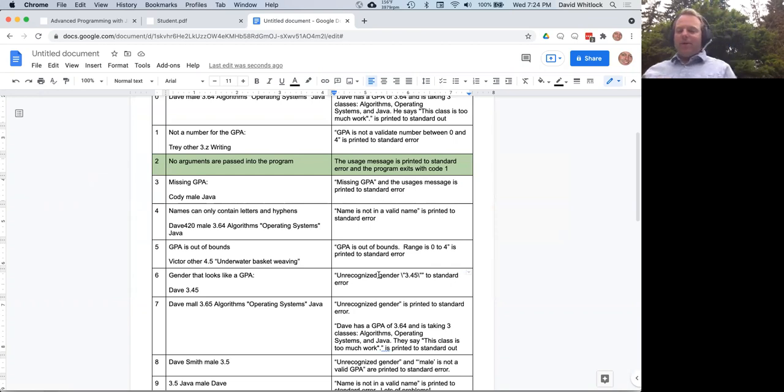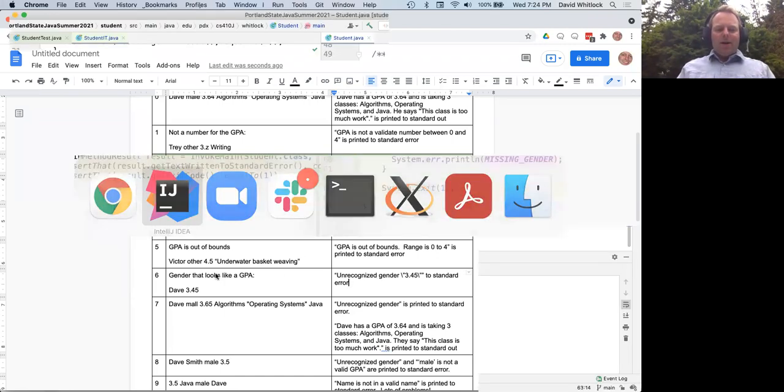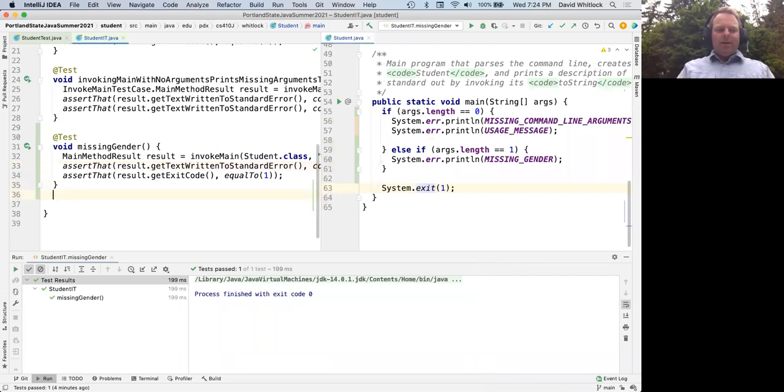Oh, another good point. If order wasn't important, or if we were trying to be tricky, we would have to put all that information in the usage, and you don't want to have a novel for your usage. So let's keep it simple, and go from there. Okay. So the next one is